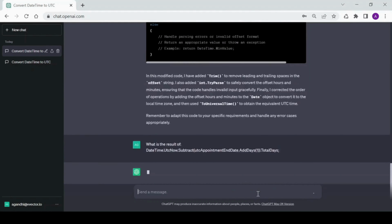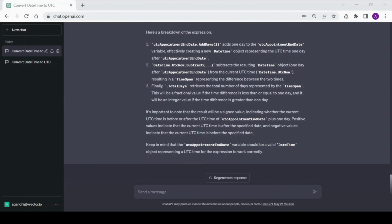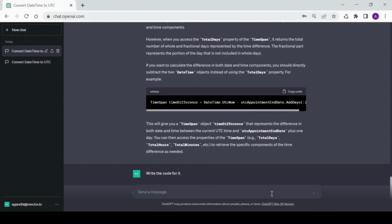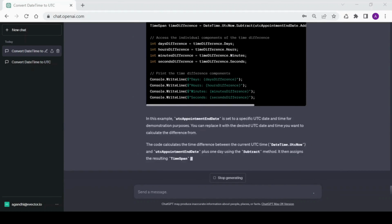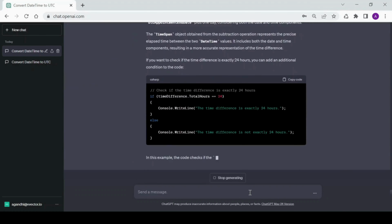Moving on to the next piece of code, ChatGPT was prompted to explain this code. It explained that one day difference was calculated disregarding the DST and time zone offsets. Another prompt was issued to identify whether the calculated difference between date and time was correct, and ChatGPT pointed out DST was disregarded. ChatGPT was again prompted to write and explain the code, which considered DST and time zone offsets, while